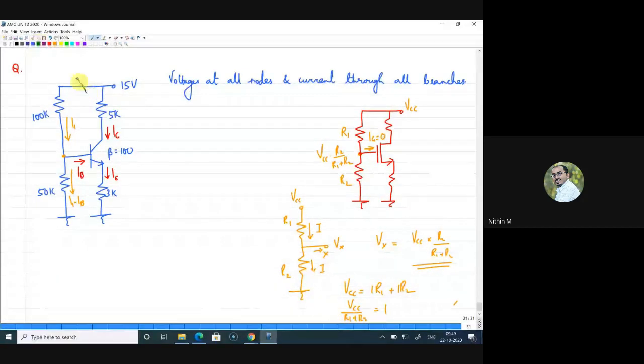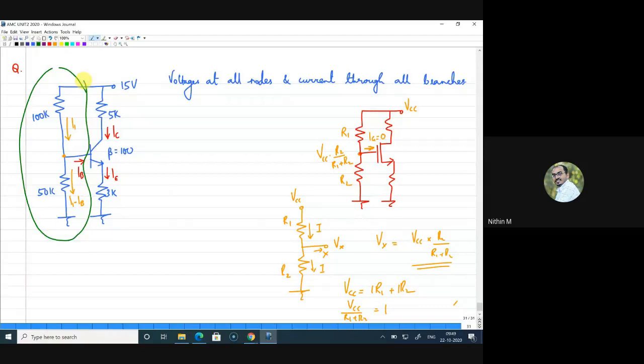Which part? We have to simplify this part of the circuit, and for that what we can do is apply Thevenin's theorem. I hope you would have studied Thevenin's theorem by this time in your network analysis course. So how will you apply Thevenin's theorem? We know that if there is a voltage source and a lot of resistive components in a circuit, we can transform that using Thevenin's theorem with an equivalent Thevenin voltage and a resistance component, right?